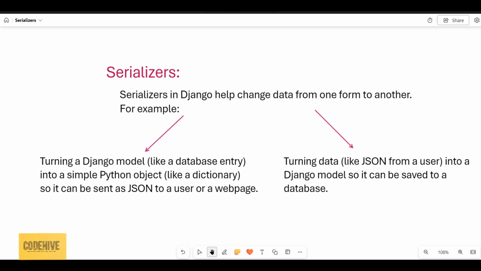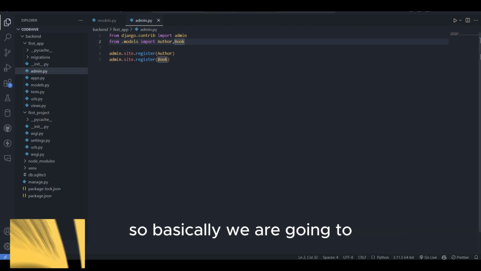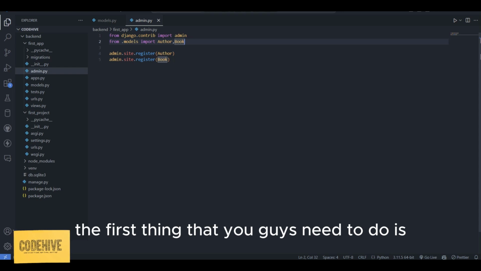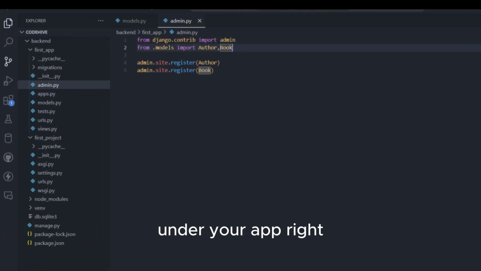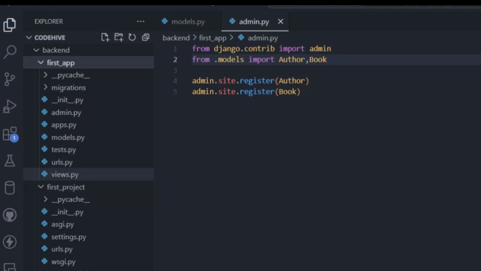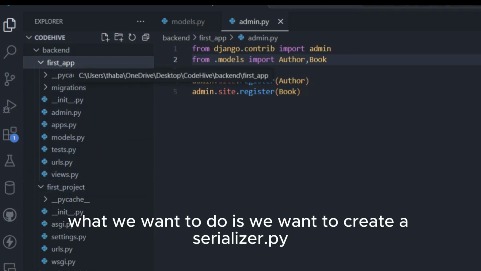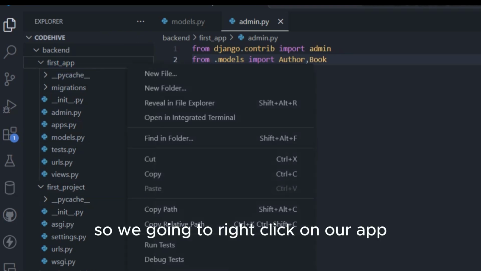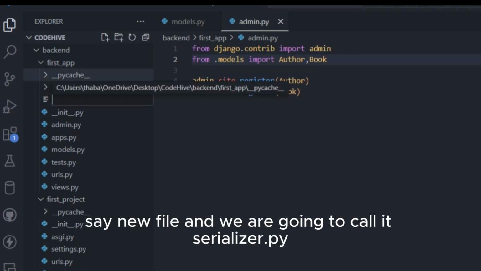So I'm just going to open up our project. I'm going to show you guys a model serializer example, right? So the first thing that you guys need to do is under your app, we have our first application over here. We see we have views, URLs, we literally looked at all of these, right? So what we want to do is create a serializers.py file. So we're going to right click on our app, say new file, and we are going to call it